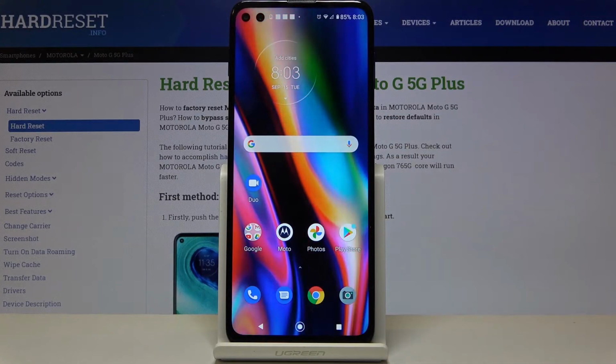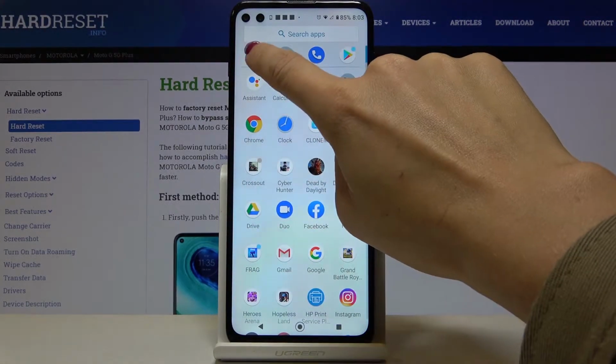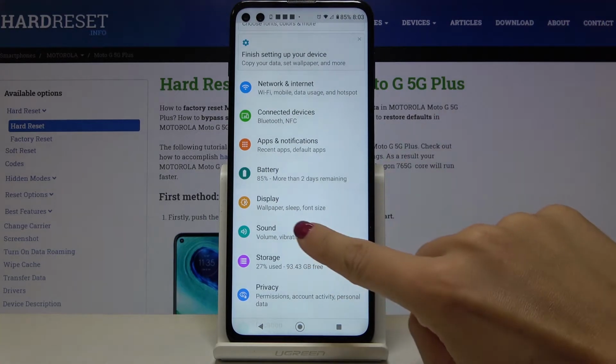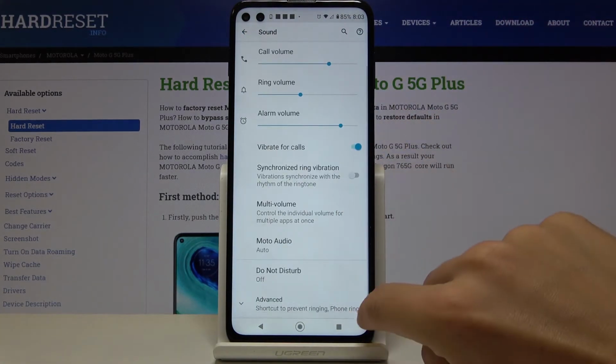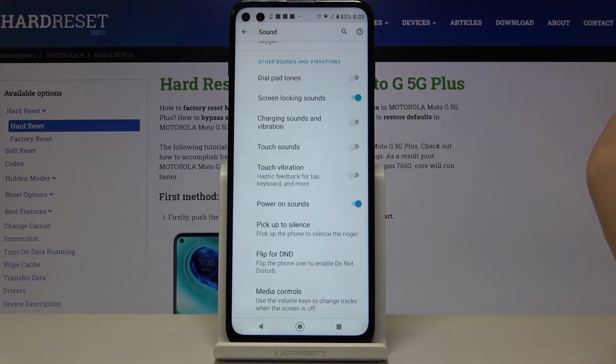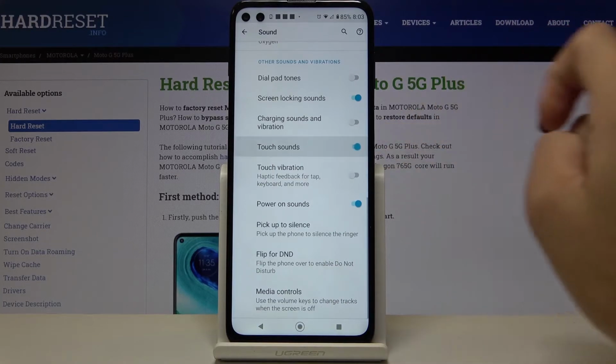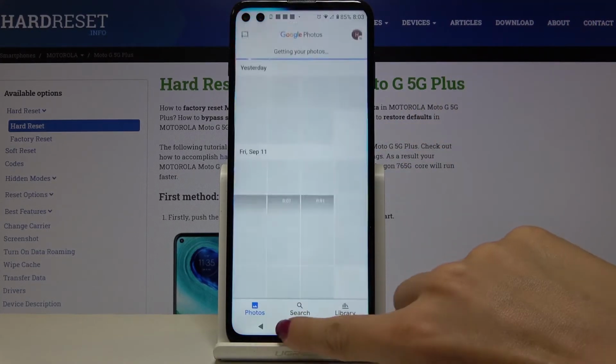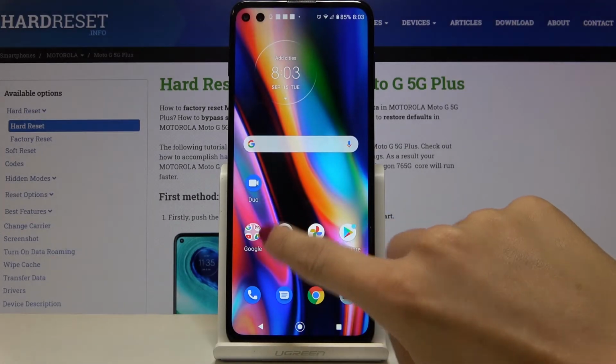but if you would like to change it, all you have to do is to open the list of all apps, go to the settings, then find and pick sound, scroll down and select advanced. Here go to the bottom of the list and under other sounds and vibrations you will find touch sounds. Simply mark it, and from now on, as you can hear,